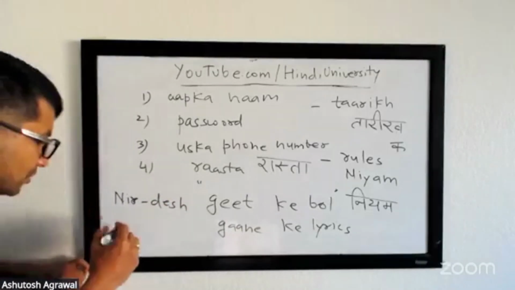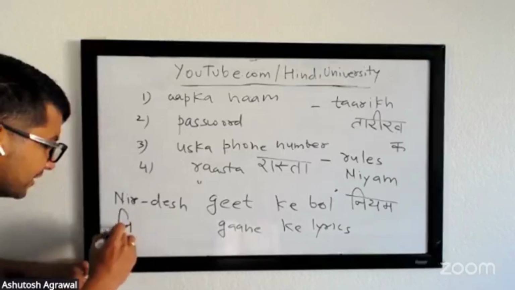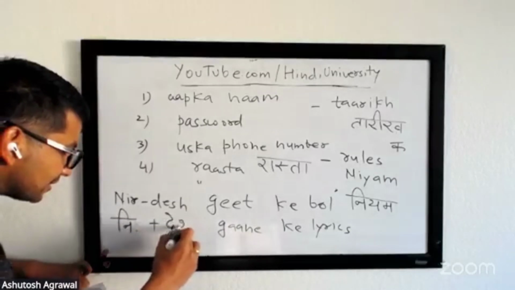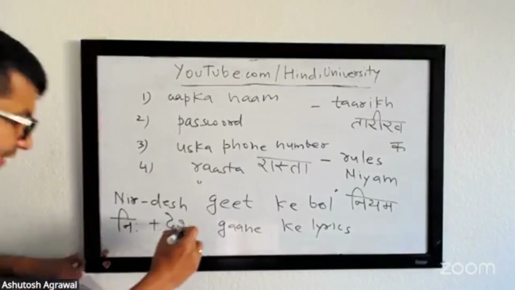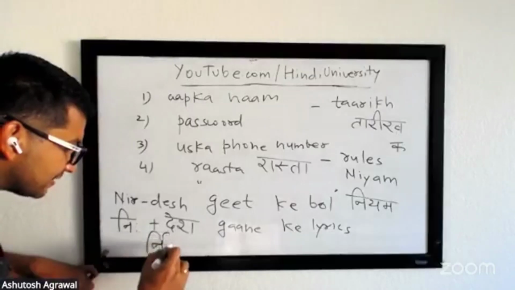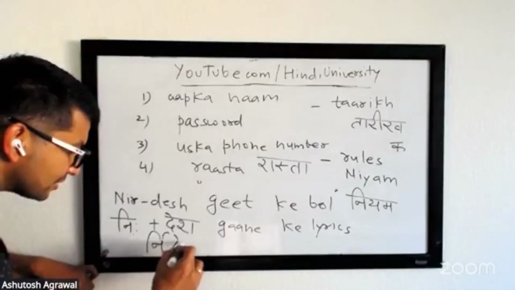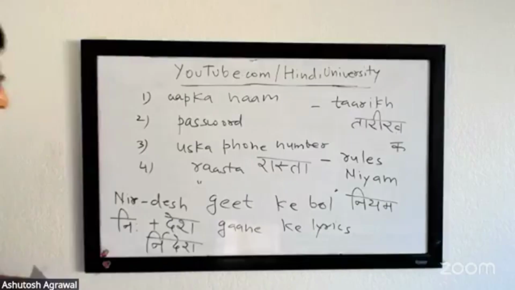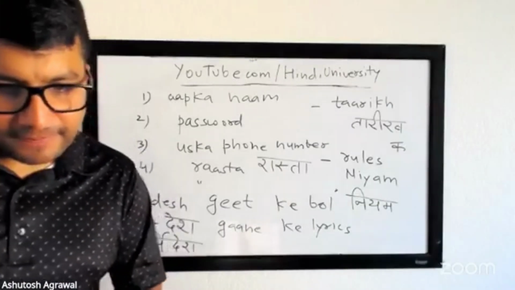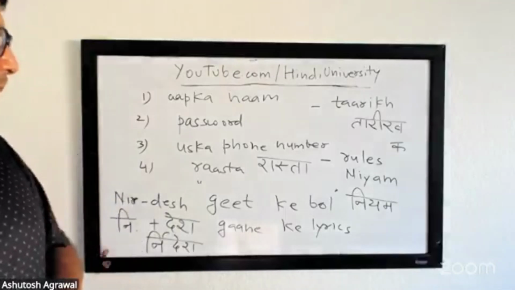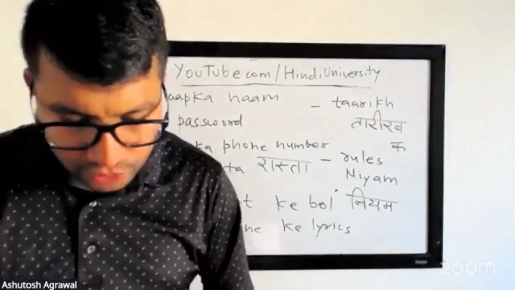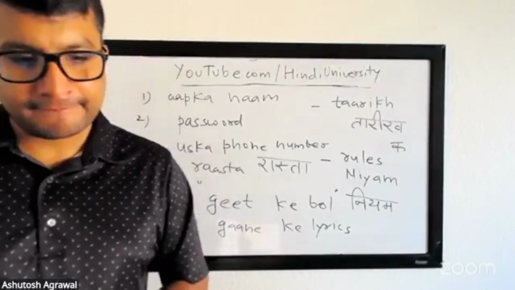I mean, for more Sanskrit-oriented students, nirdesh is nothing but nir plus desh. Actually, it's the other sh. Yeah, no, it's fine. Nirdesh. So it becomes na with e, ra on top, and then desh. But if it is hard, you can simply say, मुझे instructions याद नहीं है, and that's totally fine. Any questions, anyone, before we move on to the next thing?